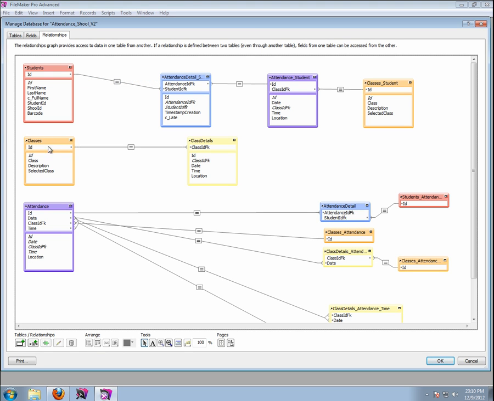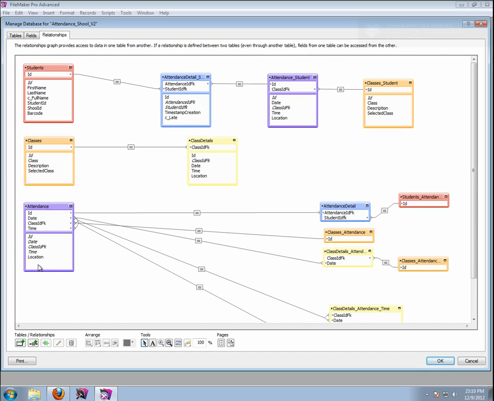So now on the classes layout here, we get the ID of a selected class detail. It gets stored in this selected class field here. Now we do seem to have one little bit of a problem here, because the class details ID is never really stored here in the attendance record. Basically what we do here is we select a date, a class, a time, and a location, which is all the information that is here, but we never really store the ID, the actual ID of this table in here,